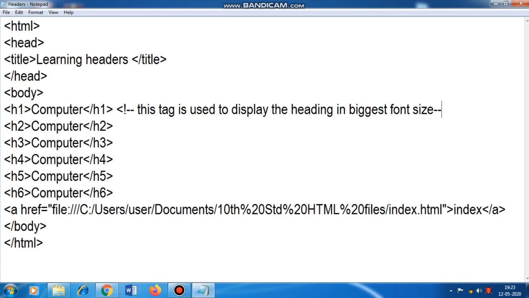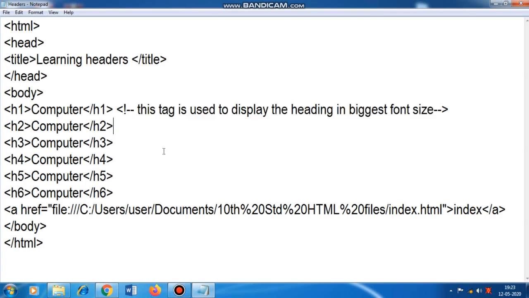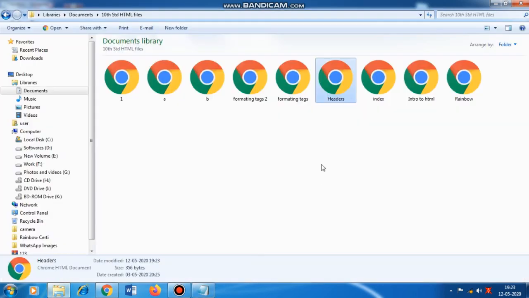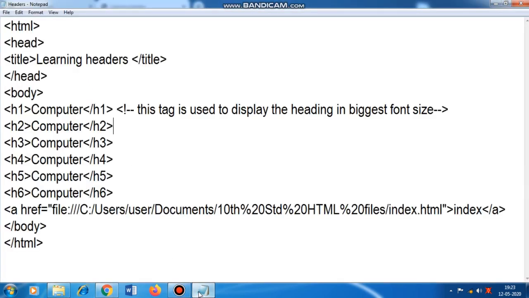See, the comment tag is used this way, and the content is written inside the comment tag. Just notice this thing. This is totally different from all other tags. We never write the content inside the tag, but this tag is written like this. Now I save the file. Okay. Now I open headers using the browser. Now just notice, whatever I typed in the comment is not displayed anywhere in the output. So this is the usage of the h1 tag. Suppose you also forget the usage of different tags, then next to that tag you can add a comment like this.